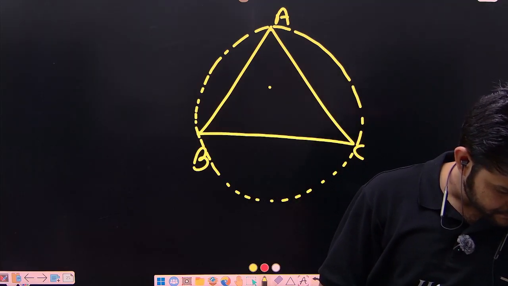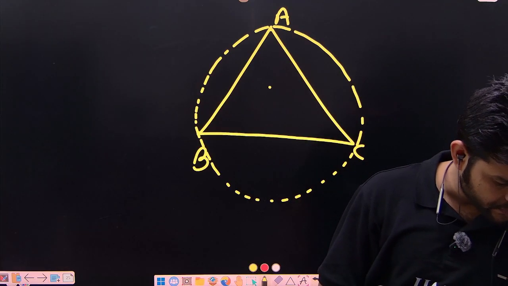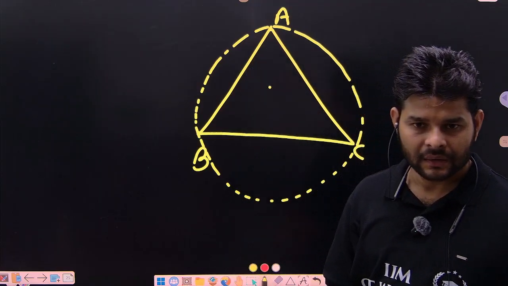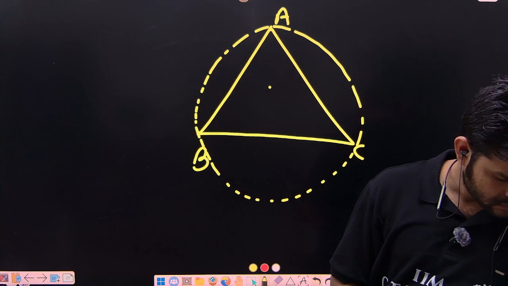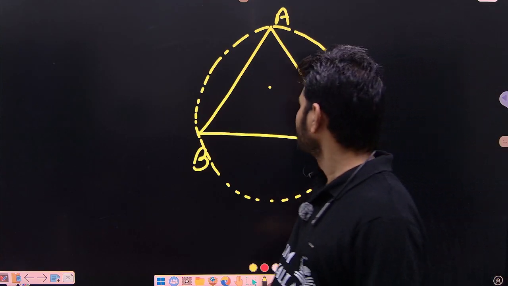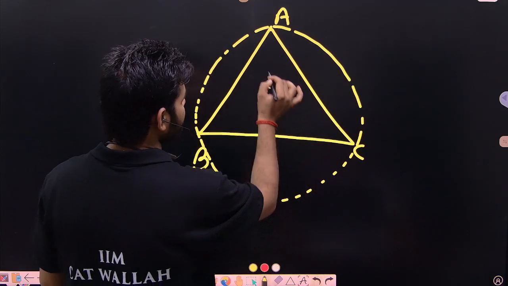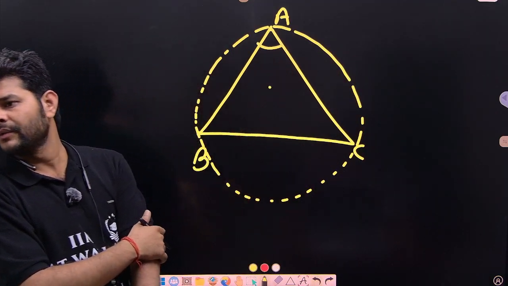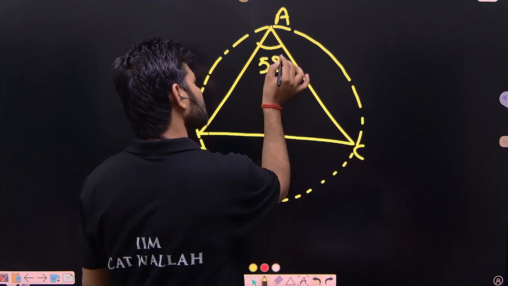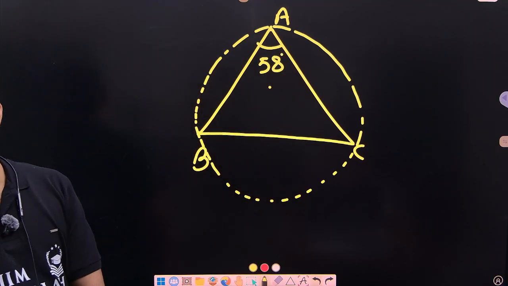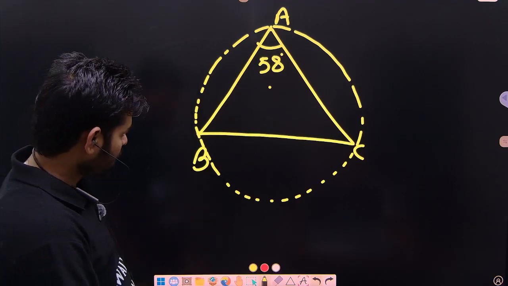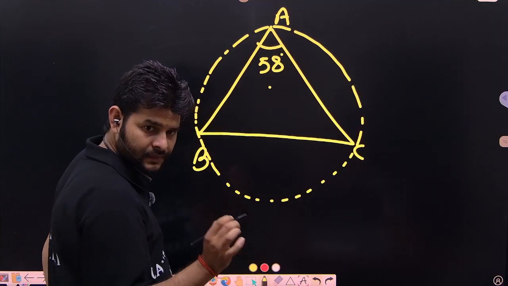Basically, BOC, OBC. OBC we have been given, no? Sorry, it's my fault. BAC is given. So basically BAC is given 58. So that means that would be an acute angle triangle. So now the formula is